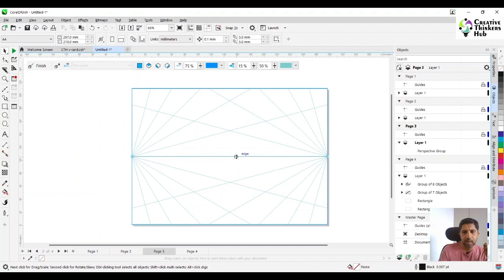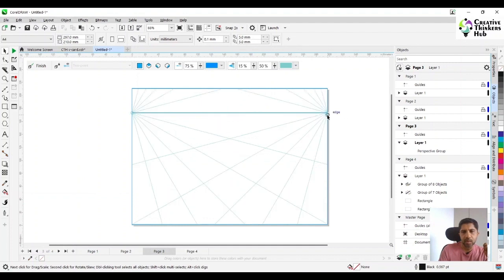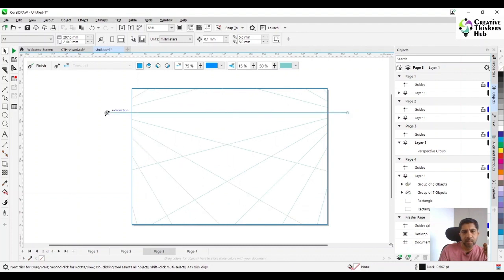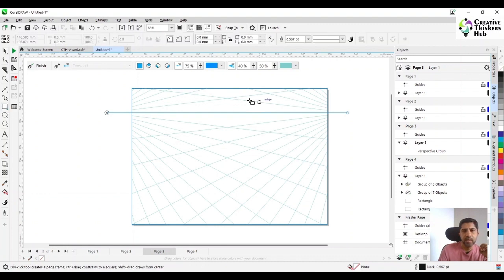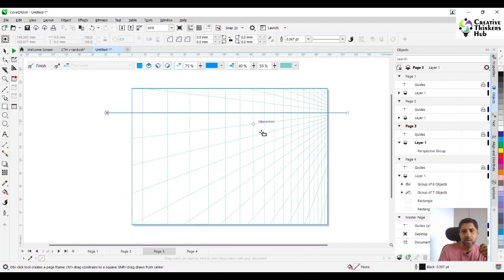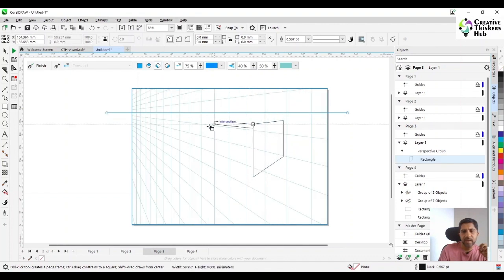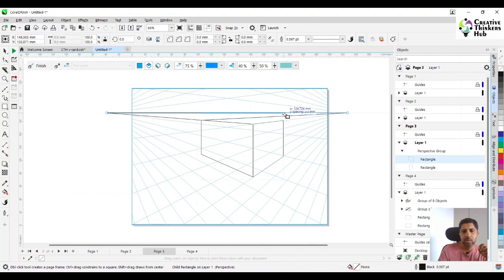So I can come here and move this particular plane to wherever I want. I can also increase or decrease my field of view, right? And also increase my depth. Now when I come here, let's say I want to draw in this plane. As soon as I start drawing, even though it's a rectangle, it will start drawing exactly in that plane, right? And then the top plane. So this is how easy it is to create